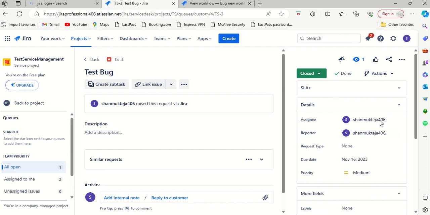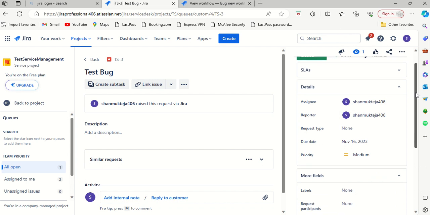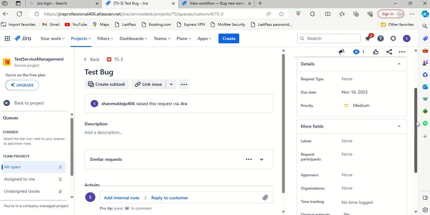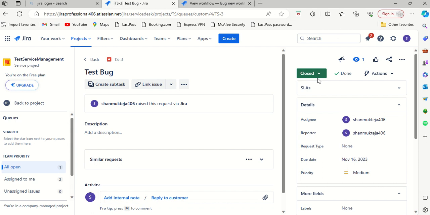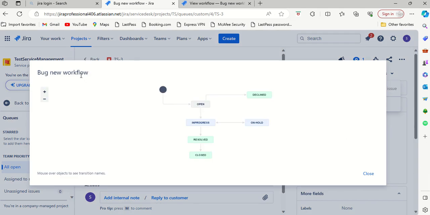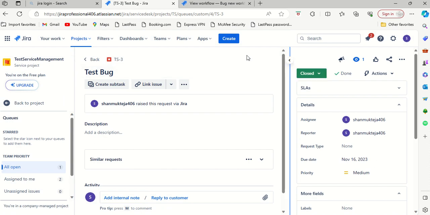If I don't want to edit the ticket after it has reached closed status, I can make this ticket non-editable using the issue property. For that, what we need to do is go to the workflow name. It's bug new workflow. So let me just copy it